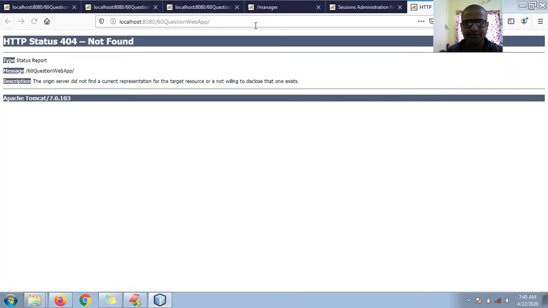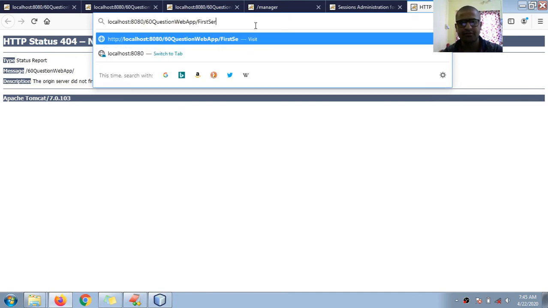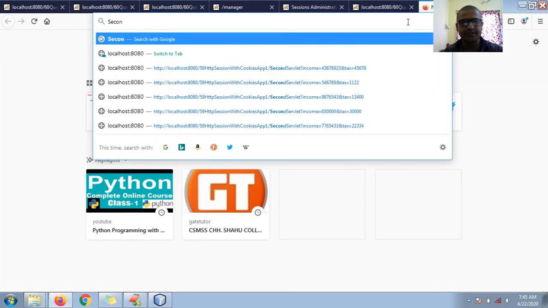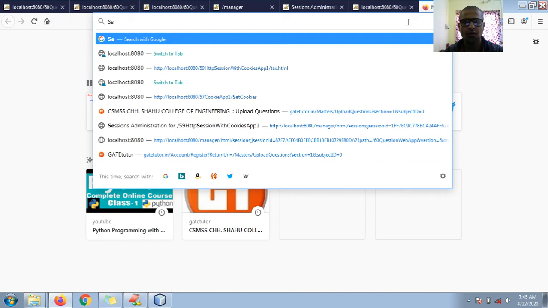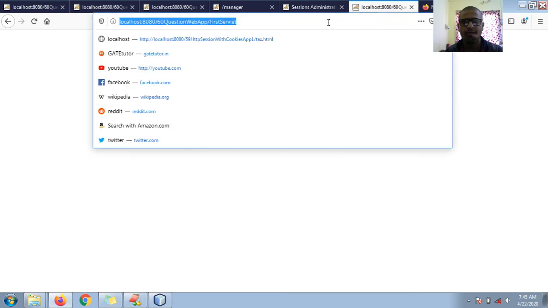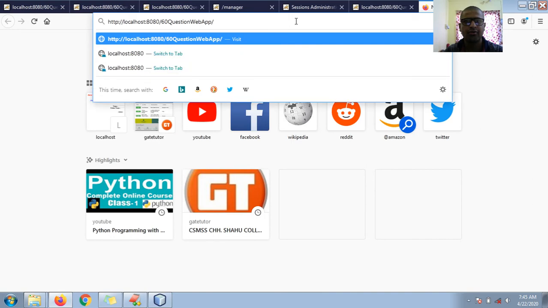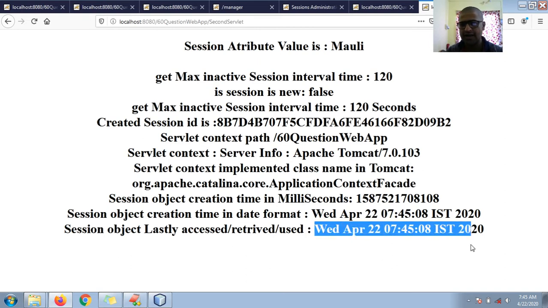Running the web application, let me go to my first servlet. So the session started. Now I can go to my second servlet. And lastly accessed 7:45, created and lastly accessed.